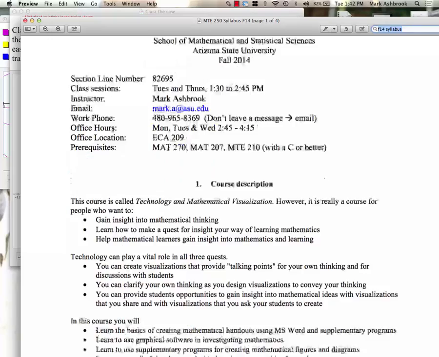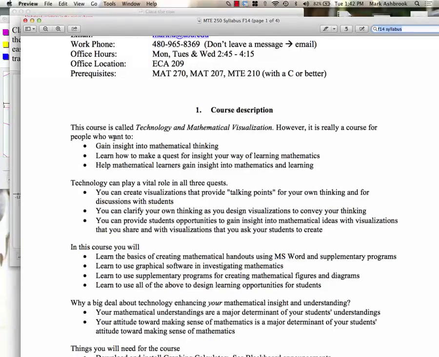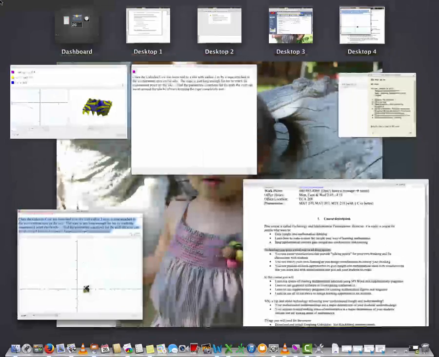I would add one more thing in terms of technology. We said technology can play a vital role. The first one there is the main thing: using a visual as what we call a didactic object. You're going to read an article about didactic objects. What makes it didactic is the conversation that you have around the visual. But there is another helpful thing I want to mention about visuals.